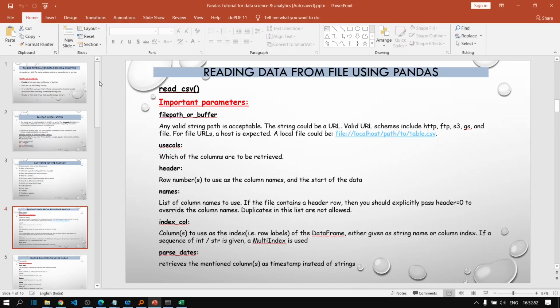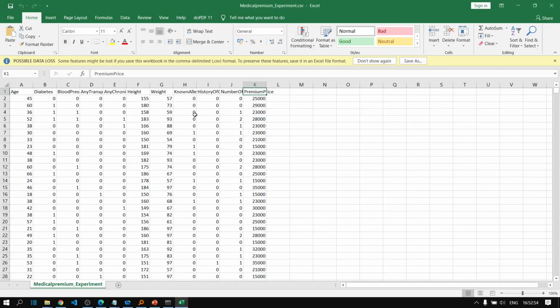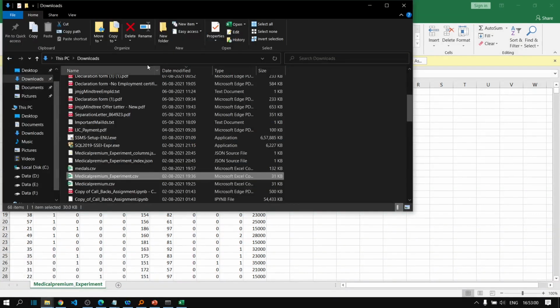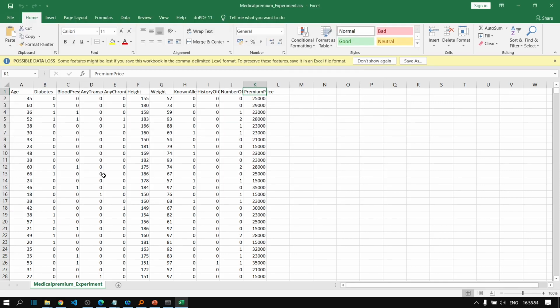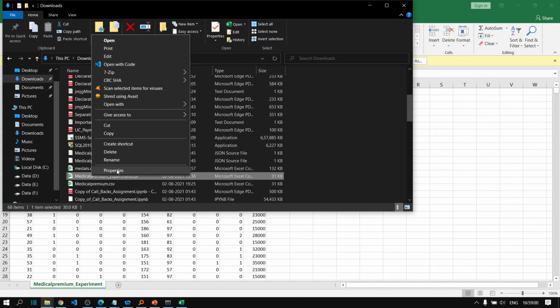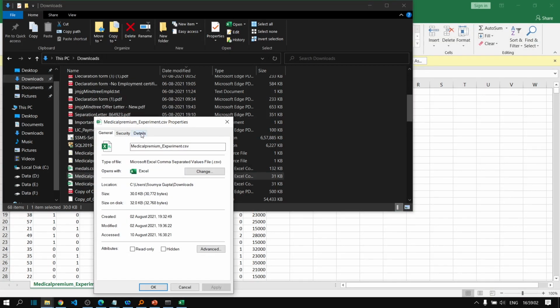In our case, let's see where this file is located. In my system it is located in downloads. To check the folder path, we have to right click on the file, go to properties, and in the general tab you can see the location is given.